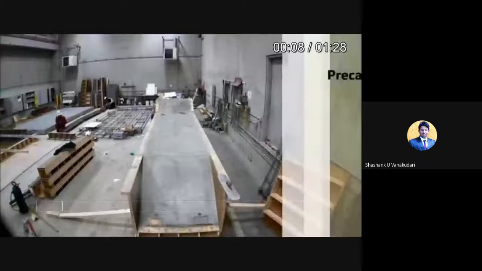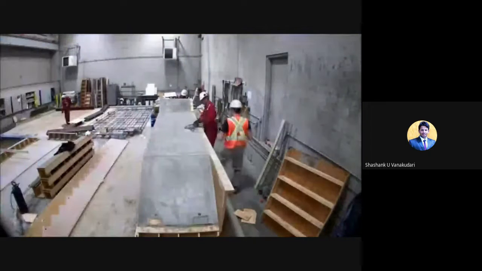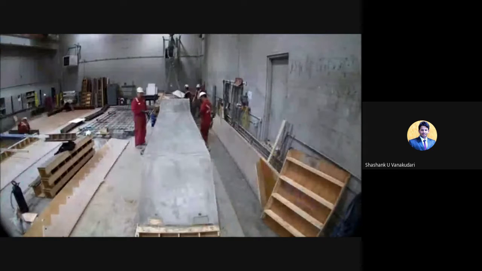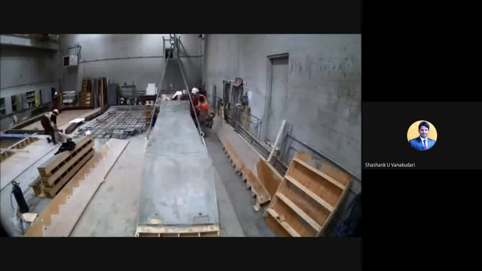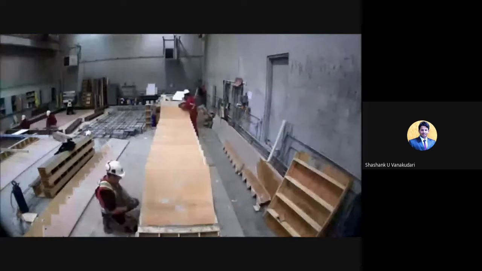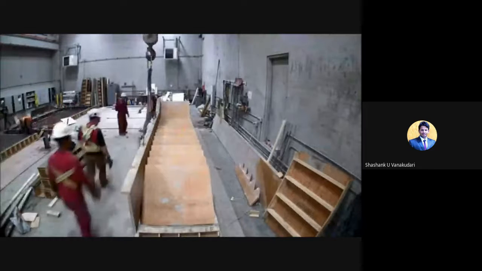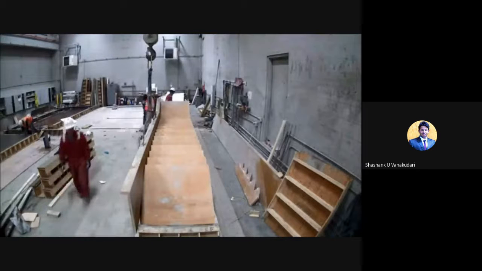So in this, you can see the manufacturing process of staircases at the manufacturing site. This is just a time-lapse video. Now the first step is finished. We can see the formwork, how they are going to attach it. They are not going to manufacture it as it looks in the building, vertically.